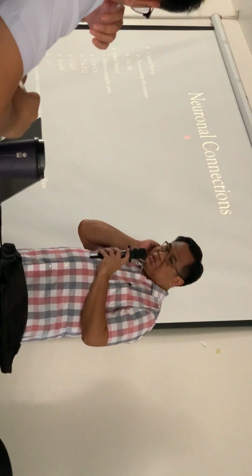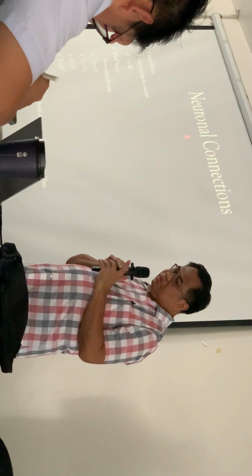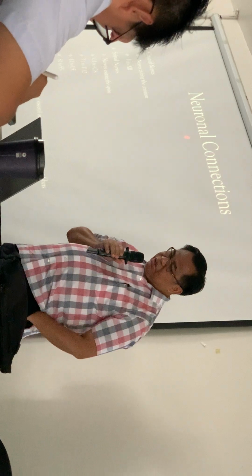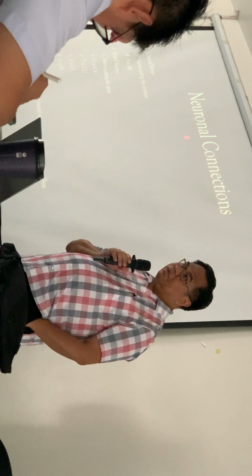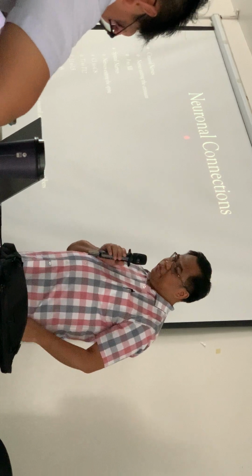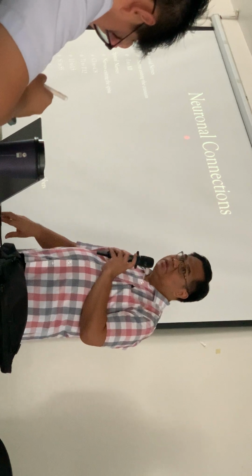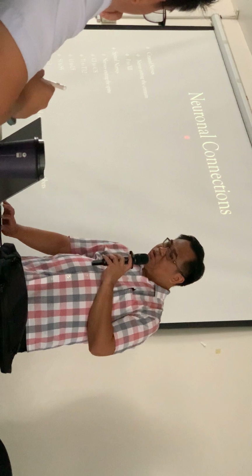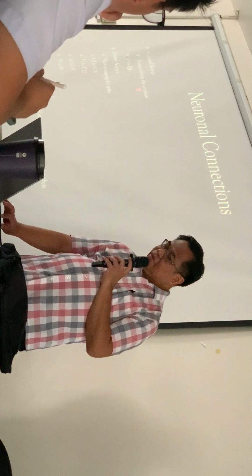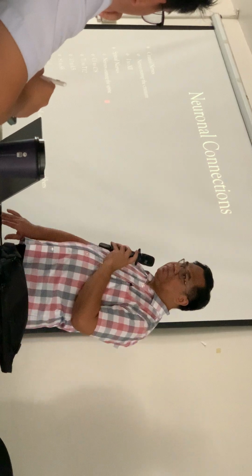The neuronal connections. So the brain and spinal cord will send out nerves. Nerves exiting the cranium are called cranial nerves. So we have cranial nerves 1 to 12. I would expect you to memorize those nerves, no? Olfactory, optic, oculomotor. So there are 12 cranial nerves. And then spinal nerves are those nerves exiting the spine.